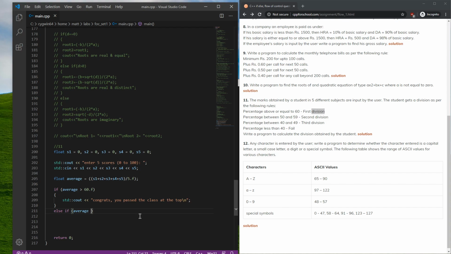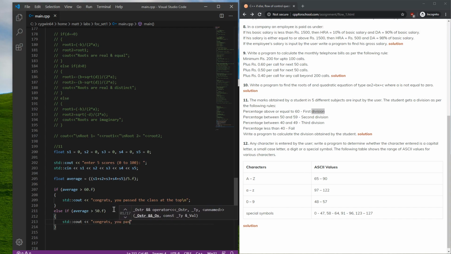And maybe I'm wrong, whatever. I don't think I am, but I could be. So if your average is greater than 60, okay, so if it's not greater than 60, it's going to go down to this next if else and check here, and we'll say, if it's greater than 50, that means it's less than 60, but it's greater than 50. We're flow of controlling here, and we'll say here,